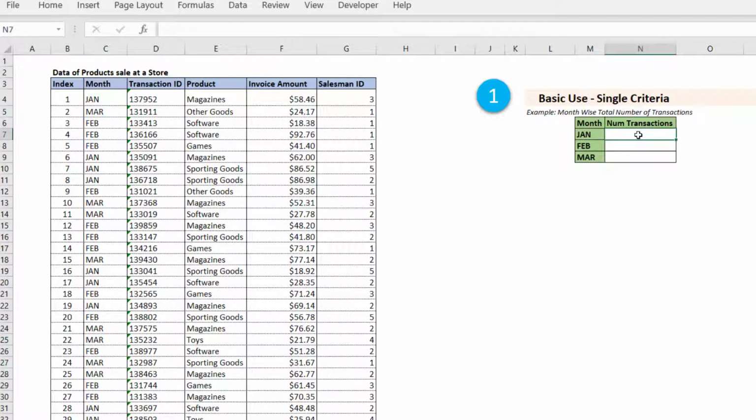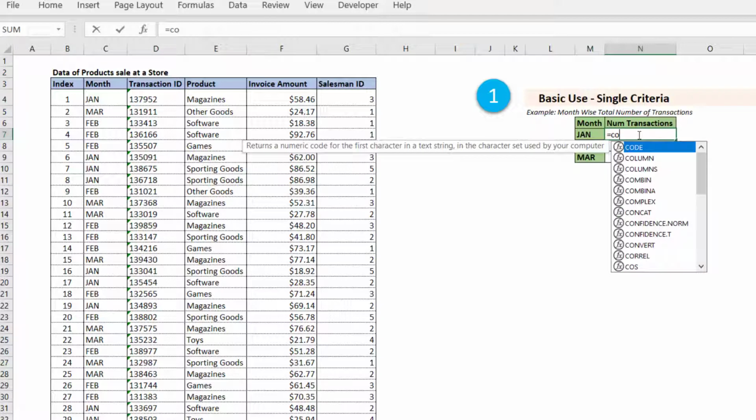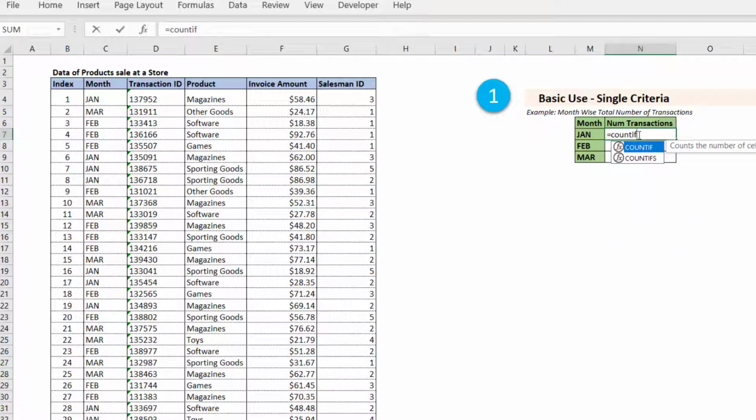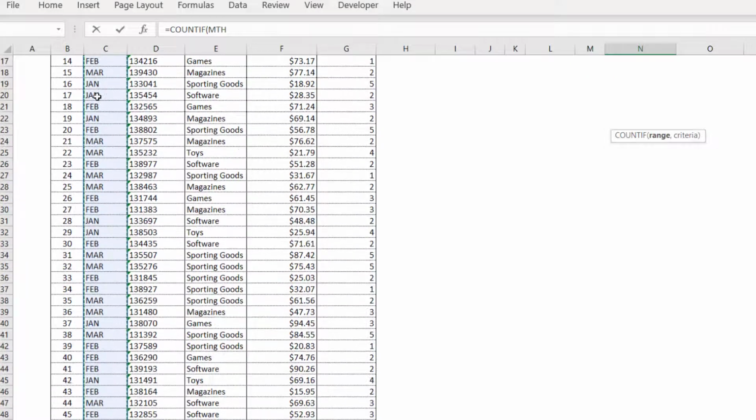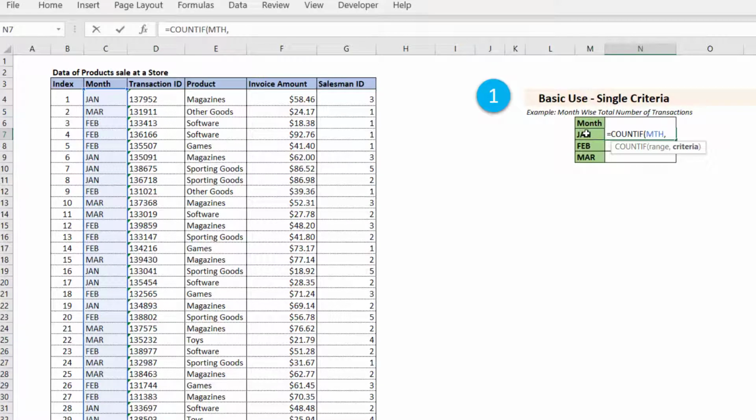So for that, we can apply the countif function, which goes something like this. First we type countif. It gives us two options, and since we want to apply only a single criteria, we choose countif. First we select the range of cells. I'll quickly select all these cells, and since it is a named range, I will leave it at that. Second, I want to apply the criteria, which is the label values themselves, and I'll just click on this particular cell and close it with the round bracket.